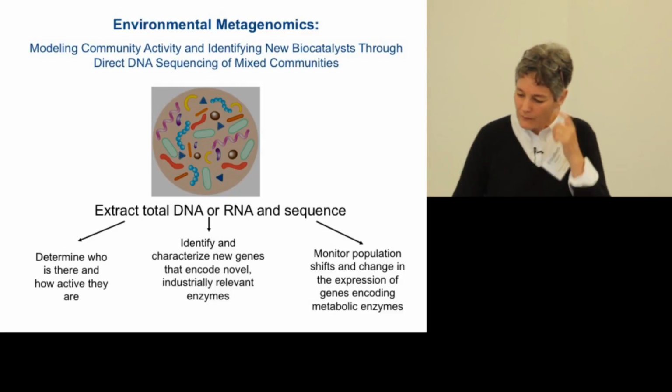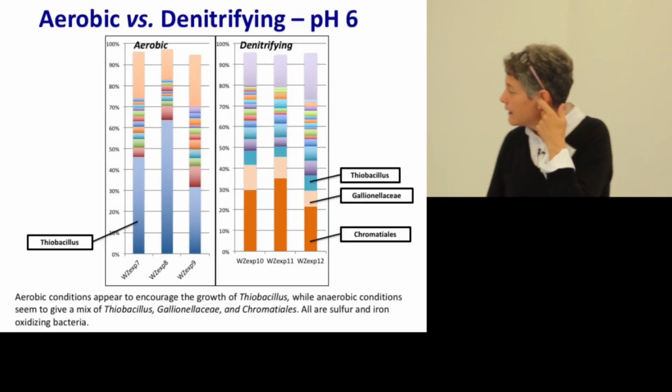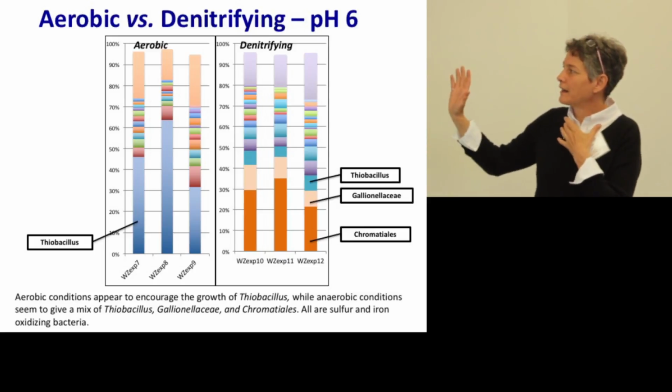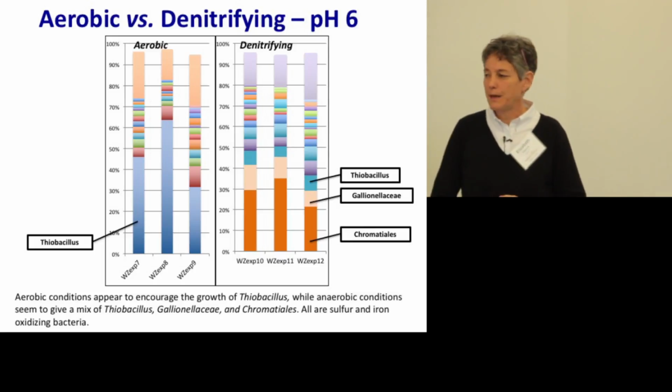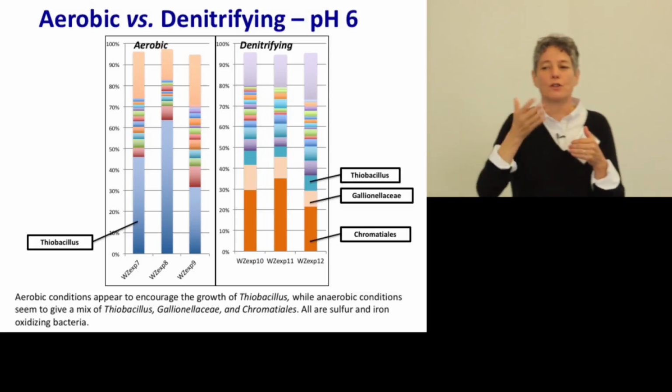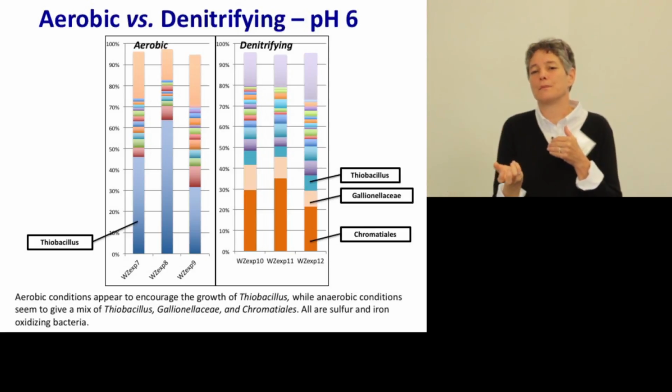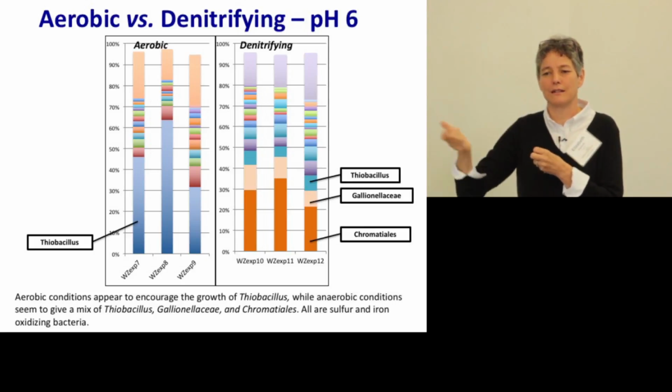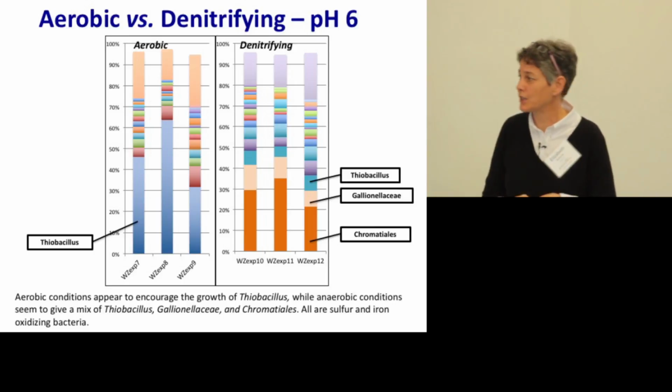Okay? And so I'm just about done. This is just a very quick example from those pentlandite samples, under aerobic conditions and denitrifying conditions. These are just triplicates. What the colors mean are different types of organisms in the samples after 2 years of growing on that mineral, on that ore, under nitrate or aerobic conditions.